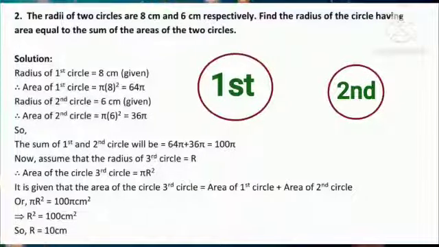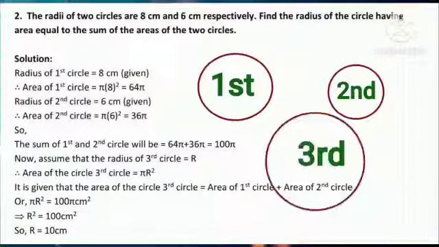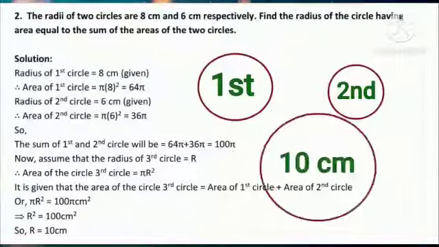Now according to the given condition, we have to find the radius of that circle whose area is the sum of the areas of these two circles, that is 36 pi plus 64 pi, that is 100 pi. So for this, let us consider the radius of the resultant circle is capital R. Now we can frame an equation like pi capital R square equal to 100 pi, that is the sum of the areas of these two circles. And finally, after solving, we get the radius of the resultant circle as 10 centimeter.